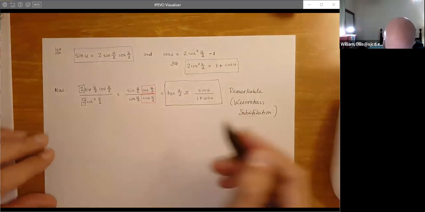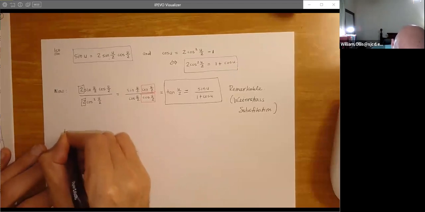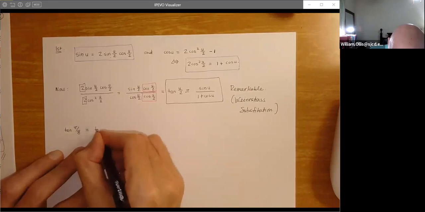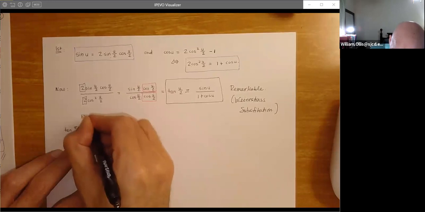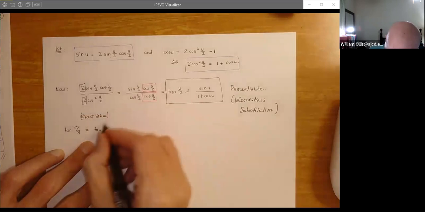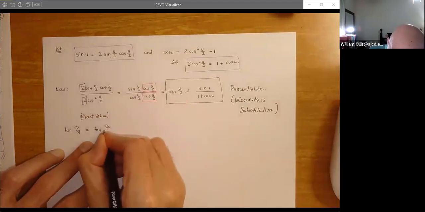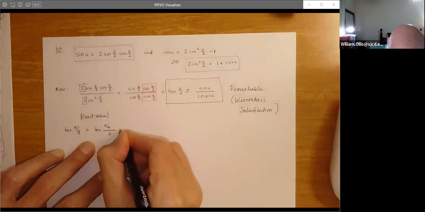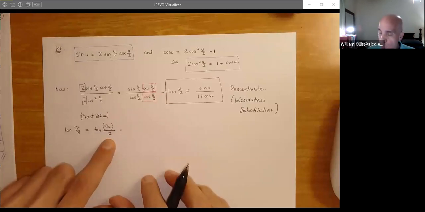So here's a simple example of this. If we wanted tangent of pi over 8, this is so easy, I don't even have to do it, but I'm going to do it. You're thinking, I don't know this, Professor Ron. Let me use Google. So let's do an exact value. Well, let's rewrite it using our newfound friend here. This will be pi over 4 divided by 2. Here is the u. This is the half angle formula.